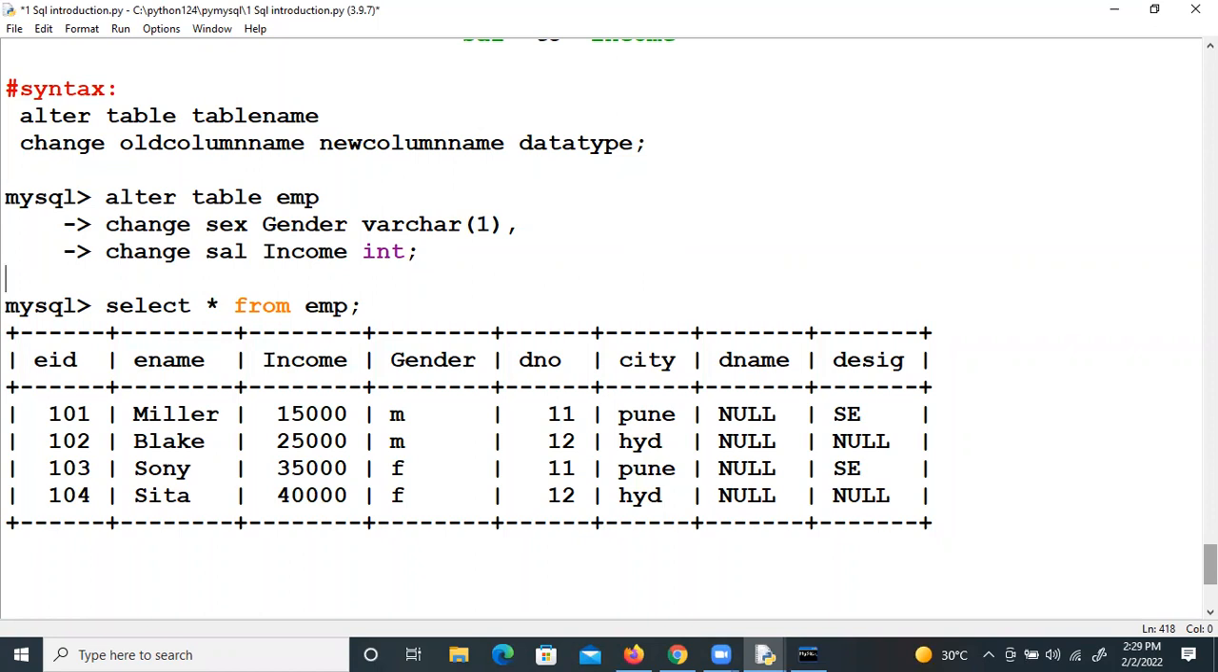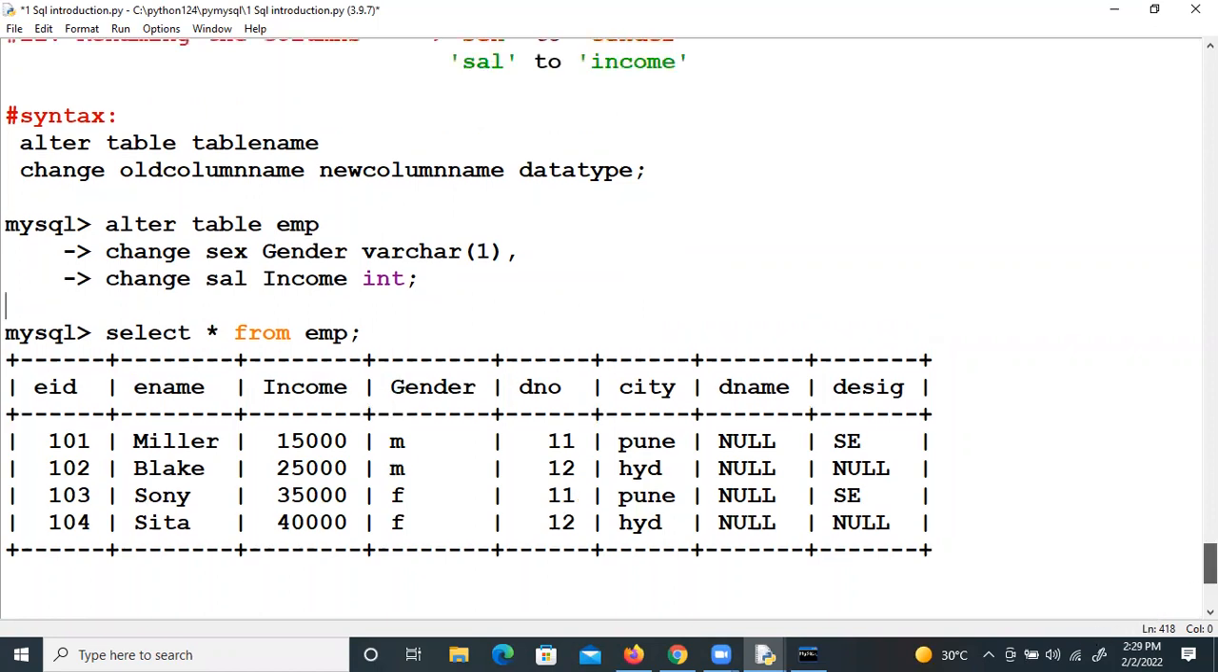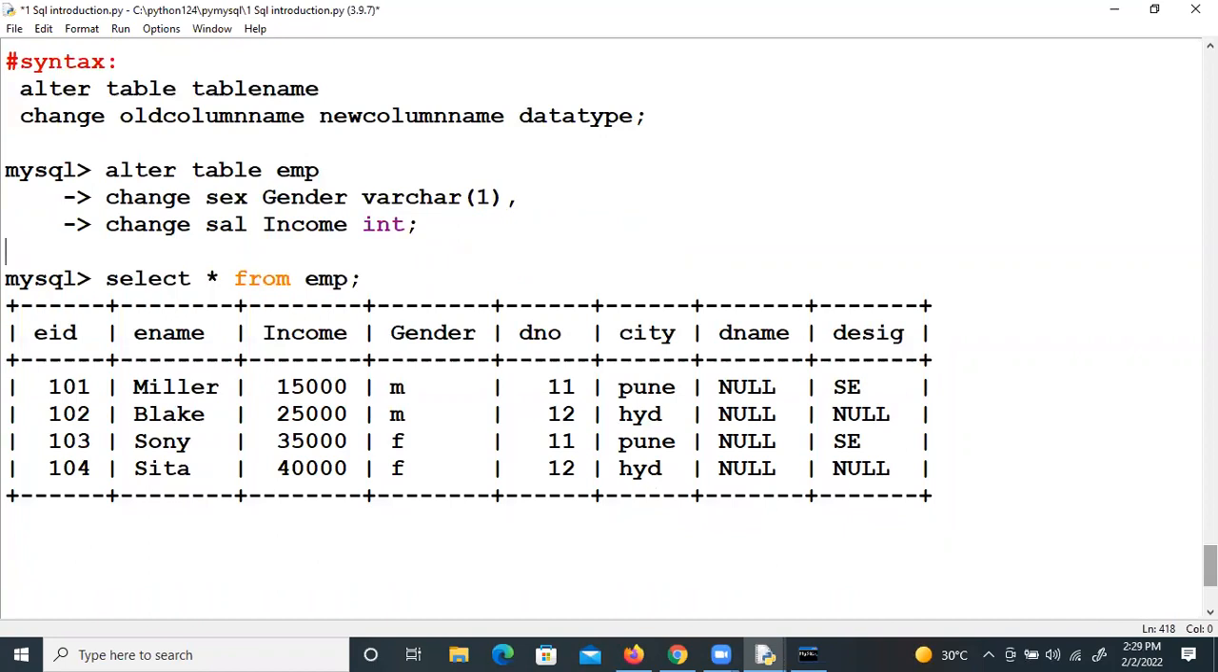Changing the column names: alter table name, change sex to gender and salary to income, right? Fine. Okay. Next,